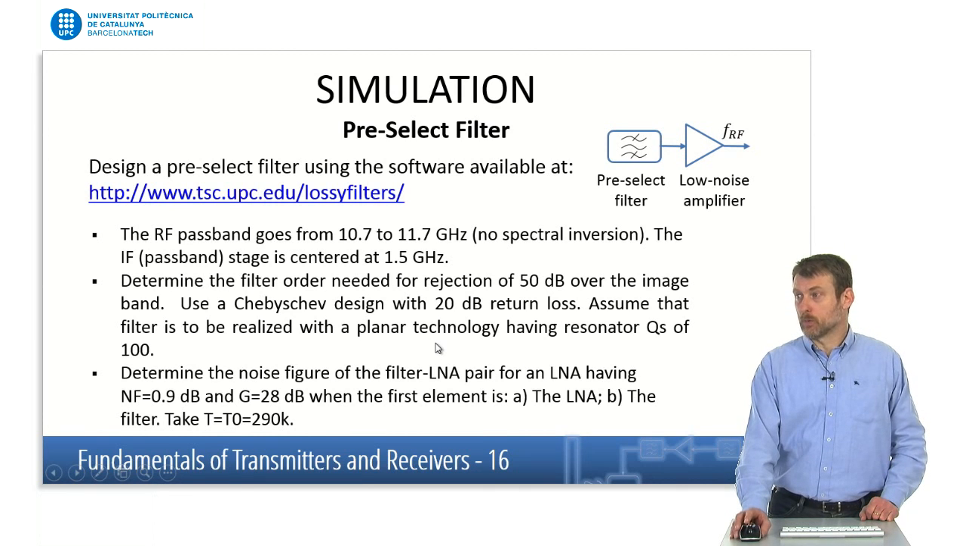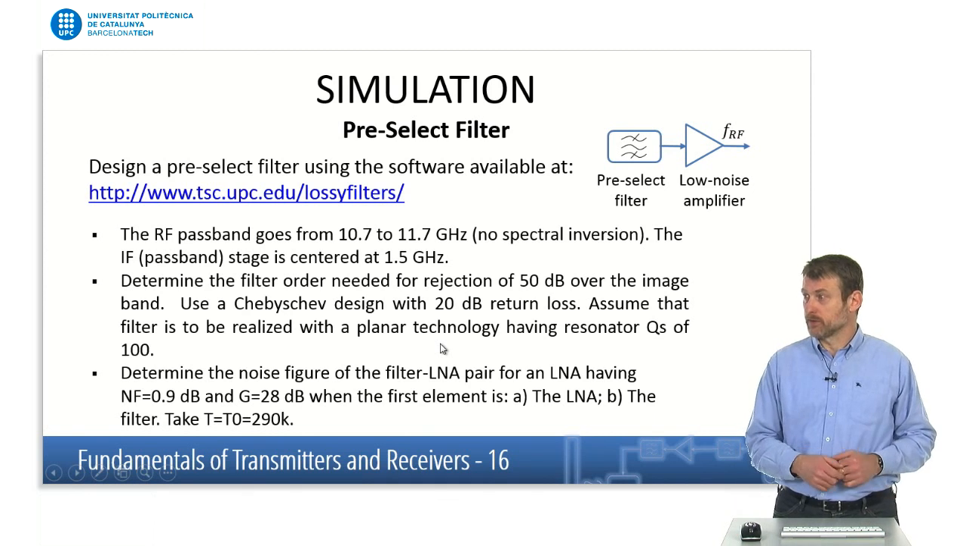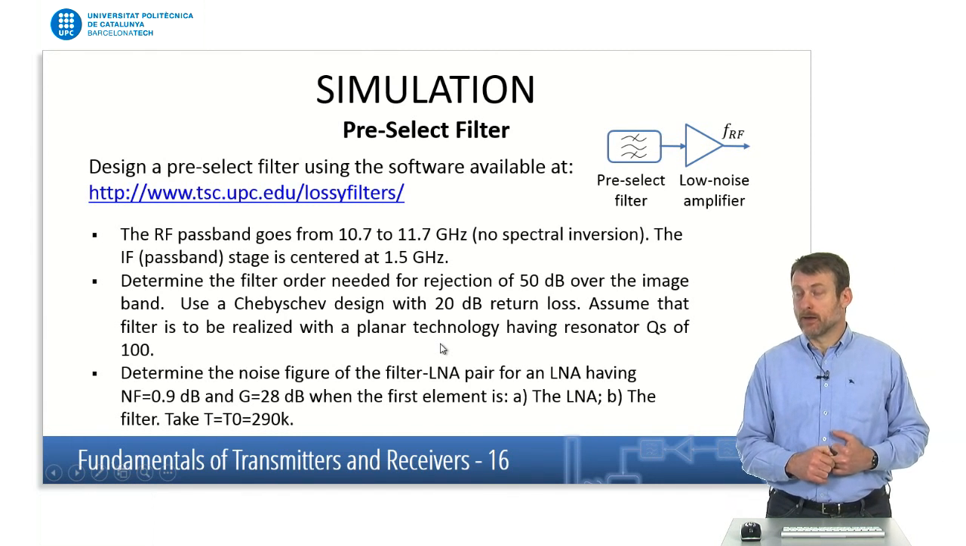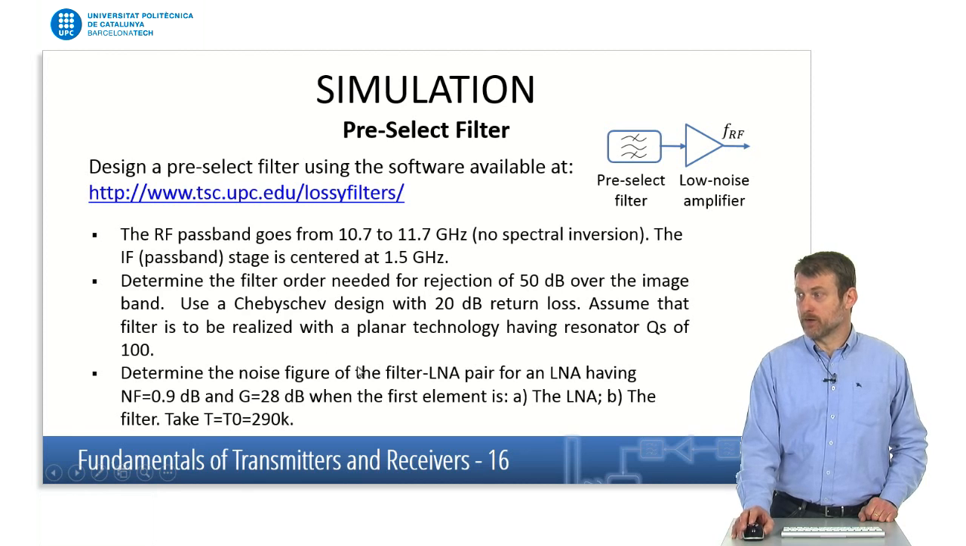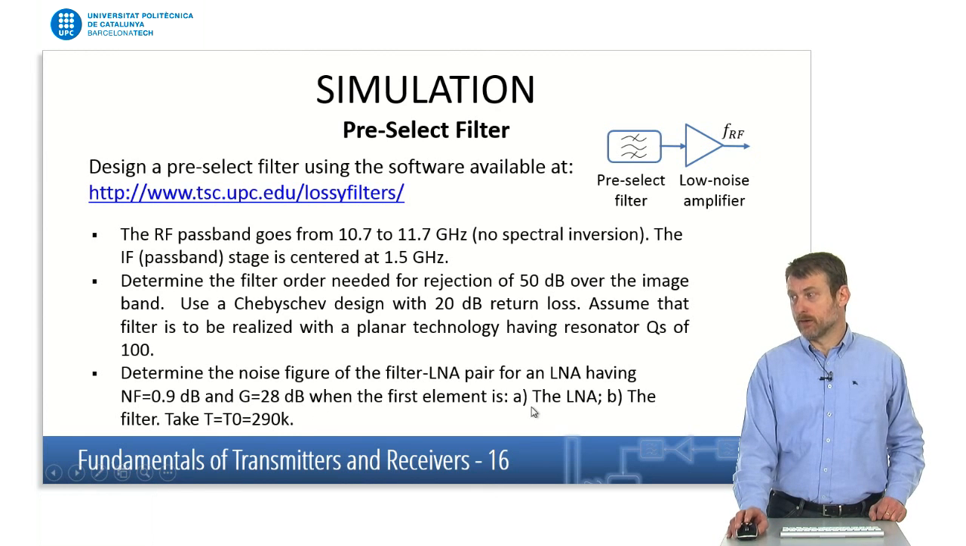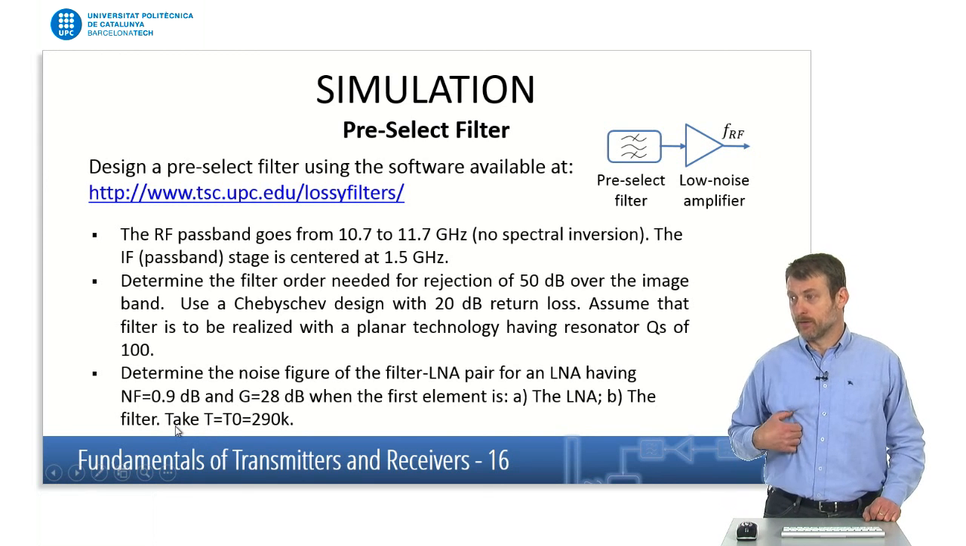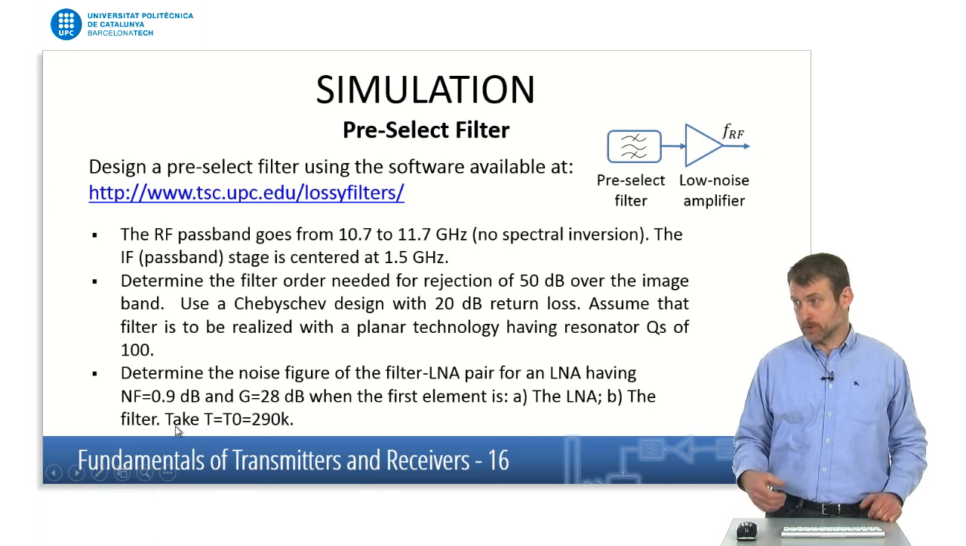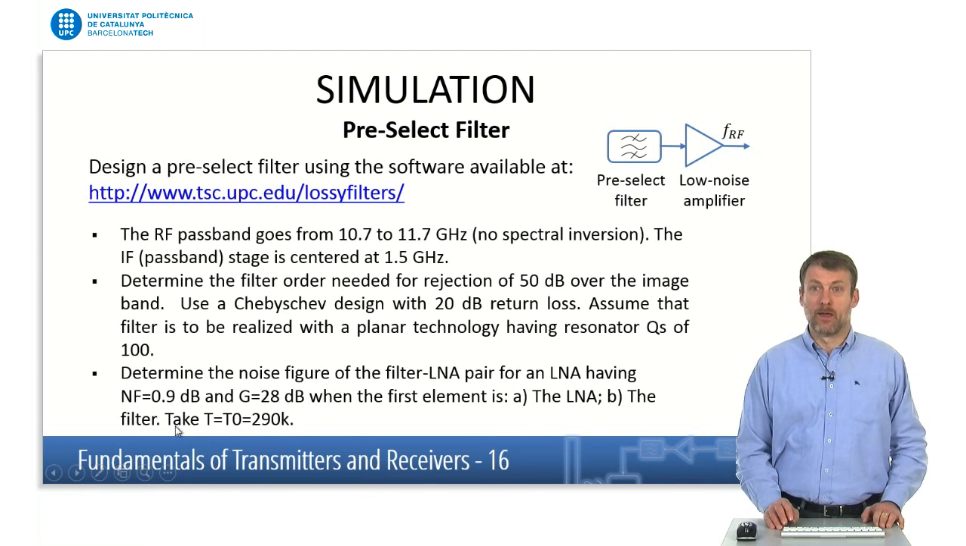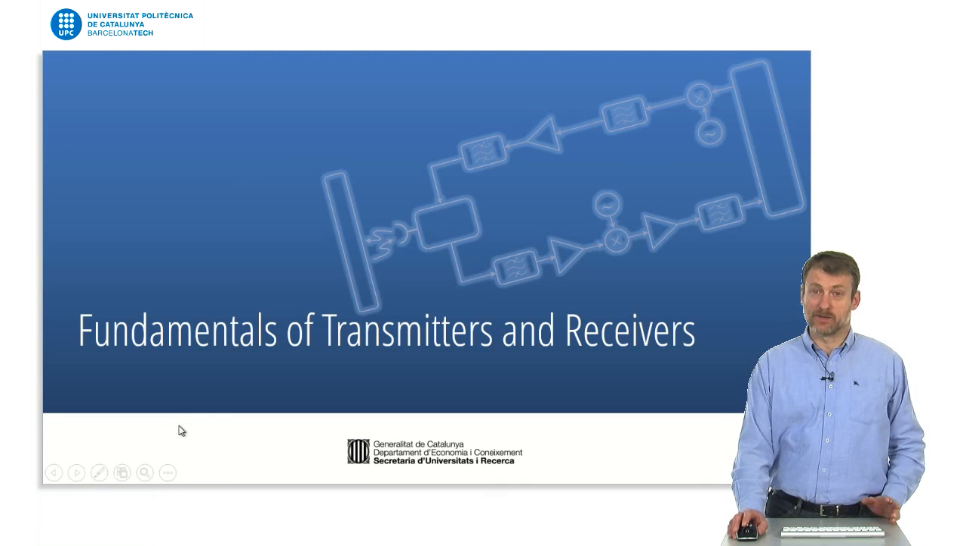And then what we will do is determine the insertion loss of the filter in these conditions, and with this insertion loss we will determine the noise figure of the filter LNA pair for this particular LNA. And we will do it in two conditions, assuming that the LNA is placed ahead of the filter, or that the filter is placed ahead of the LNA. We will assume that the physical temperature is 290 Kelvin, and also that the antenna has a noise temperature of 290 Kelvin. So, follow me in this design exercise to calculate the properties of a preselect